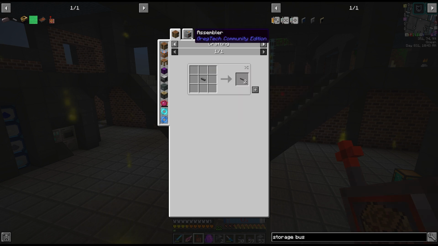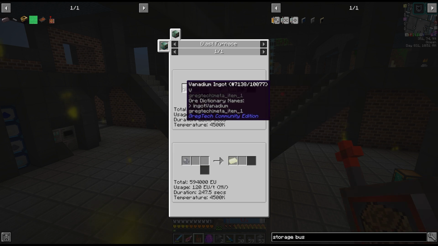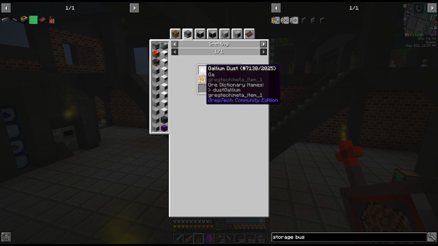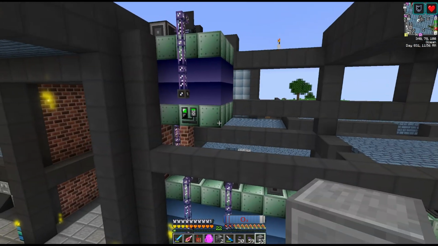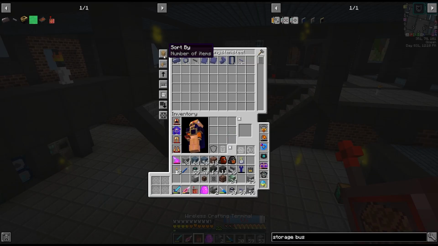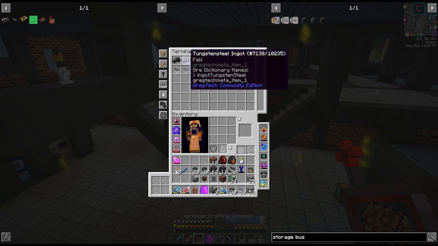This is another alloy that we have to make in another blast furnace, it looks like, with gallium ingots and vanadium ingots. Gallium can just be smelted from its dust, and we've got quite a lot of this backlogged. Same with vanadium, so we just have to set up one more blast furnace at 4500, which means we need another tungsten steel coil. And I think we may as well just connect it onto this one, so let me set that up. Now we are getting quite low on tungsten steel. Yeah, you know what, we actually don't have enough tungsten steel to make the coils for this,